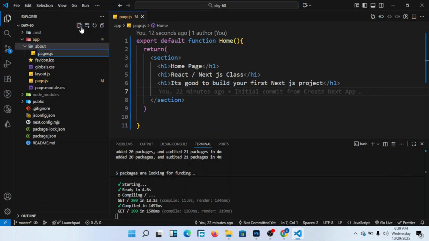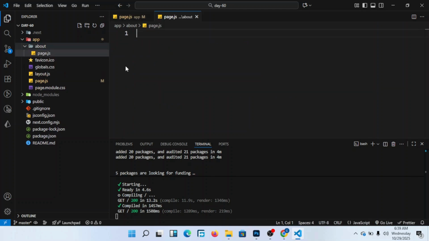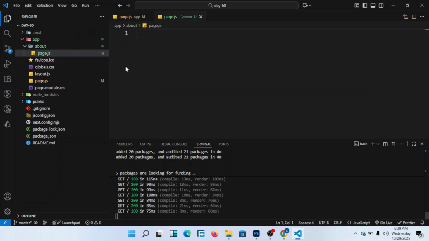Page.js. It will always be like this, page.js, like this. Members, it will always and always be like this. Get it from me. It will always be like this, about page.js,